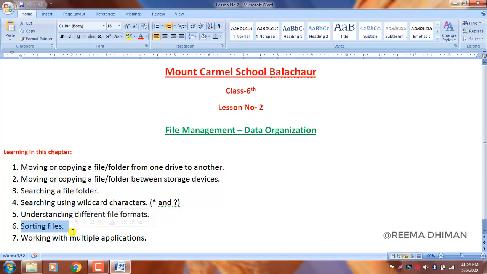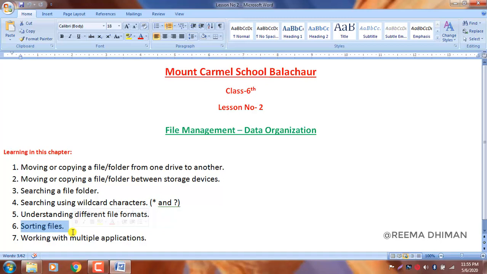Sorting helps in easy retrieval of the required file. For example, you have a number of files in your computer system and you want to search for a particular file. It will be better if your files are sorted, so you can retrieve, meaning access, your required file with less effort.